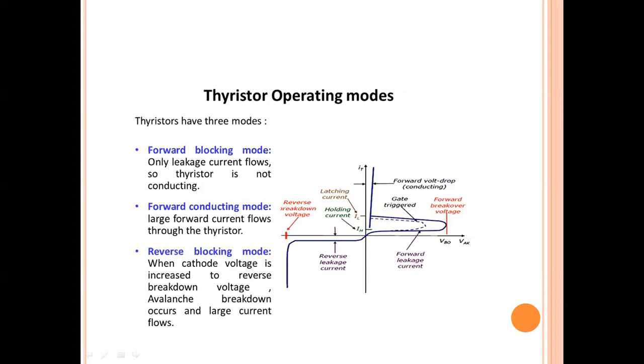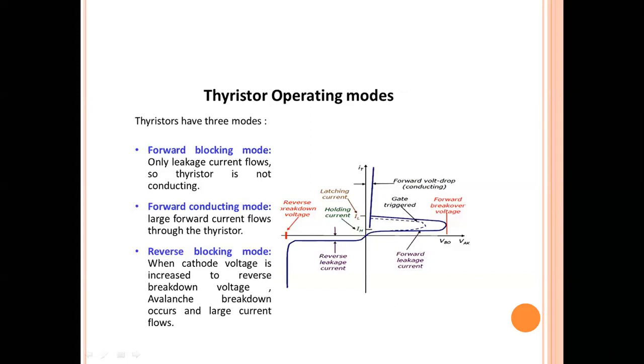In this first case, we simply consider a DC supply, which may be 30 volts, 50 volts, or 100 volts. The 100 volt DC supply is connected to the anode terminal with respect to the cathode, that is, the negative of the supply is connected to the cathode. Then the anode is made more positive than the cathode. In this case, we need to analyze the nature of the junctions. Depending upon the connection, the junctions may be either forward biased or reverse biased, isn't it?